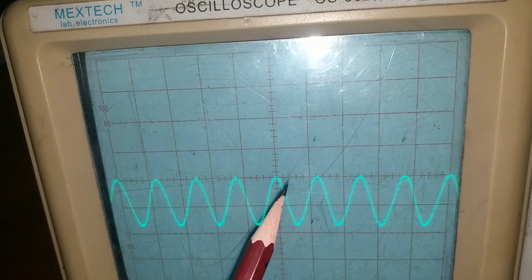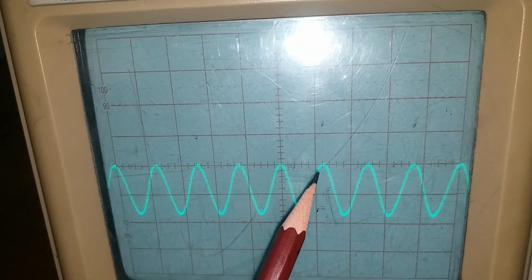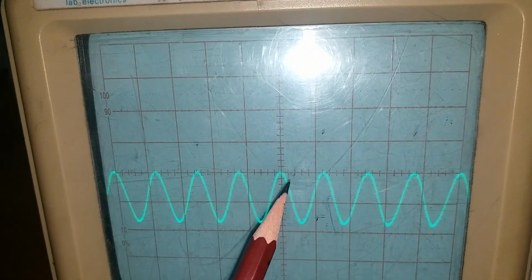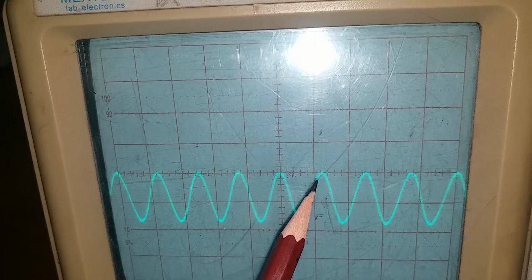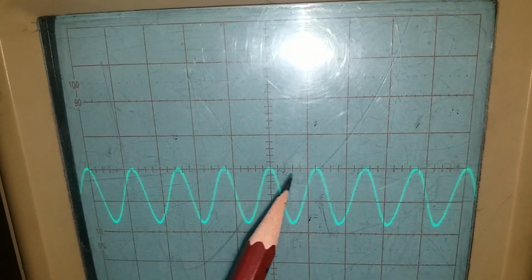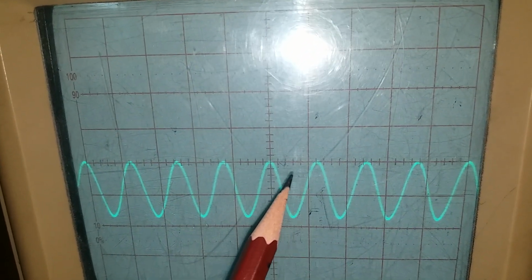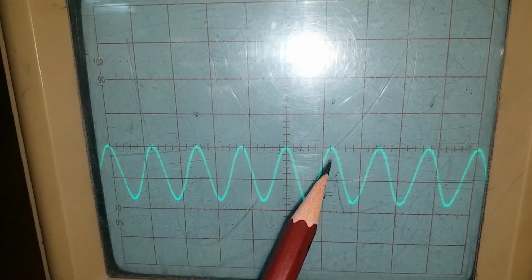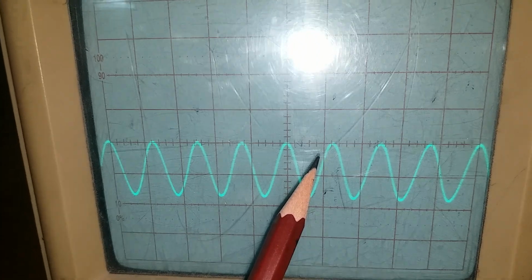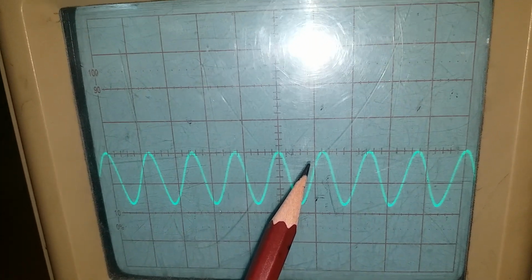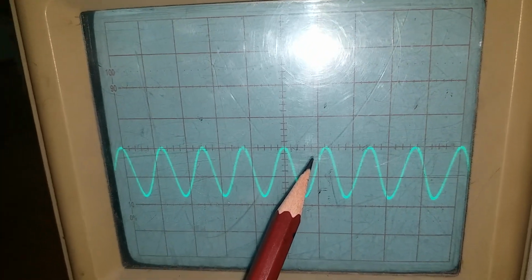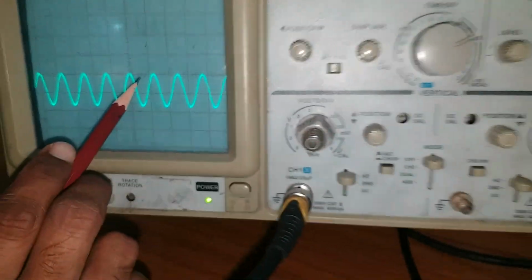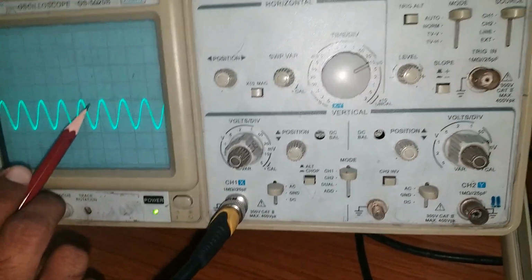If you observe clearly, the difference between two positive edges is one box and here it is more than 0.2, so I can take a total of 1.3 here. While taking the time period you need to take exact values. If a single division is mistaken, the time period will change so much, and if the time period changes, it will affect the calculation of the practical frequency.